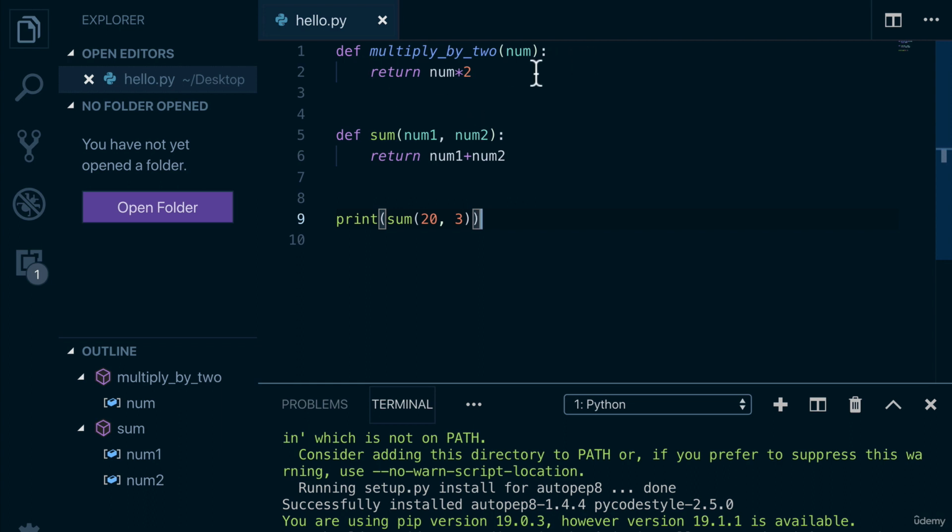For example, with PEP8, it recommends that when you write functions that you have 2 spaces following it. So 2 spaces after every function. Once again, if I remove this and do format document, you see that a space is added because of our AutoPEP8 package. Very, very cool.